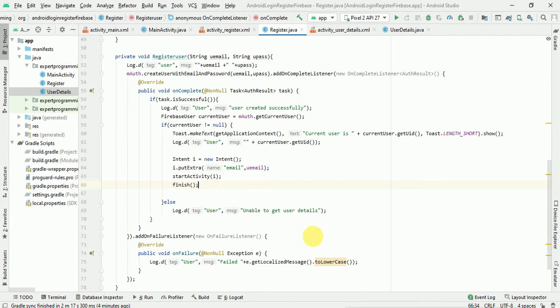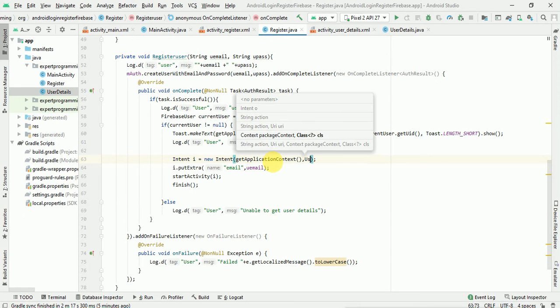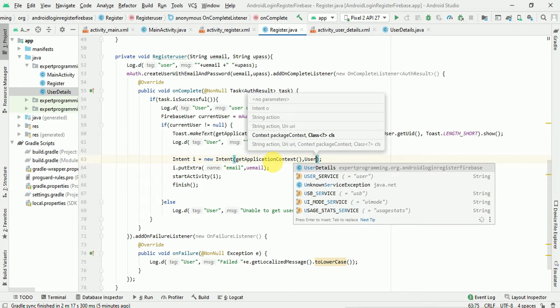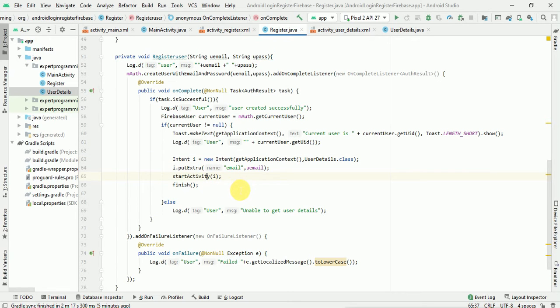So I'm doing the finish. So this will call the new activity, with getApplicationContext, comma, the next class, that is UserDetails.class. Okay, so this looks good.